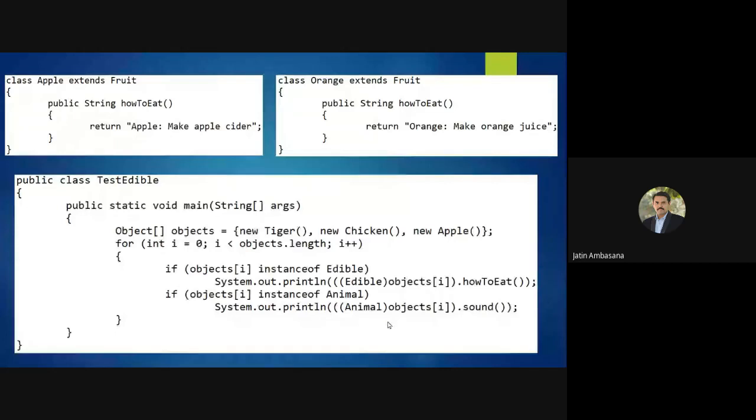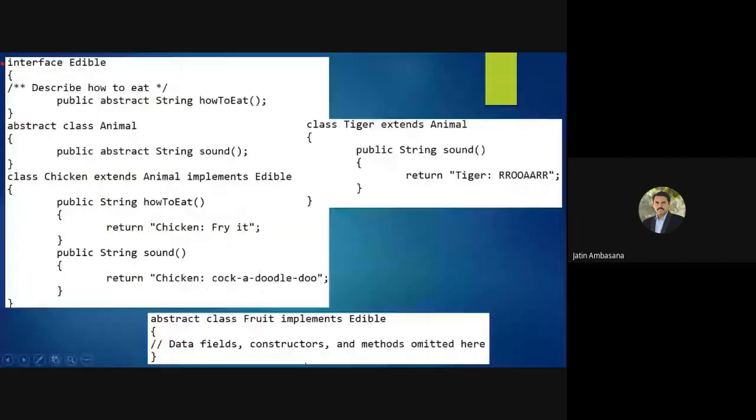Understand the point of how we use interfaces? Yes, interfaces need to be implemented. Abstract classes need to be extended. Concrete classes also need to be extended. Interfaces have public abstract methods. Abstract methods inside a class make the class abstract. Even if there is one abstract method inside a class, that class would become abstract.